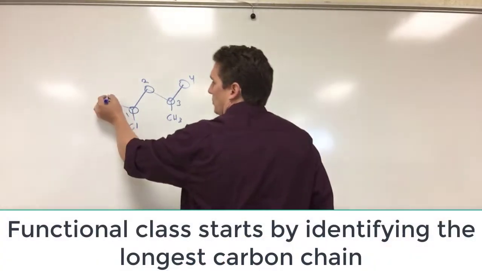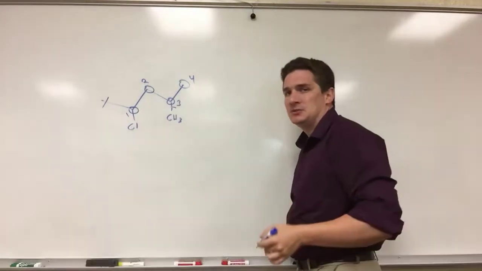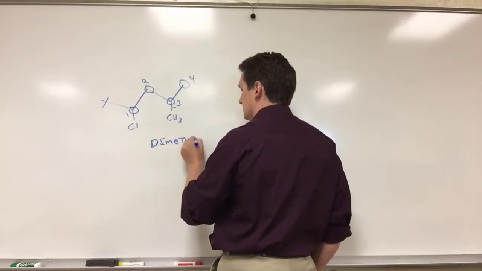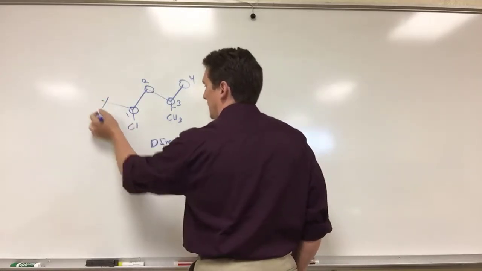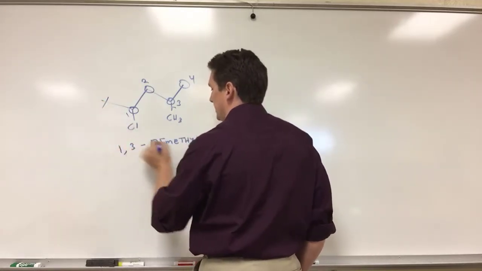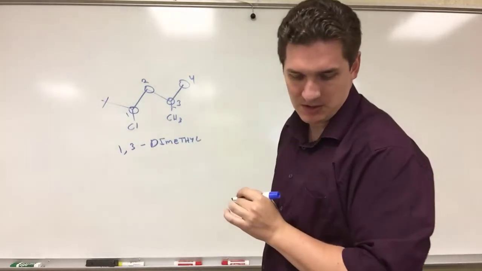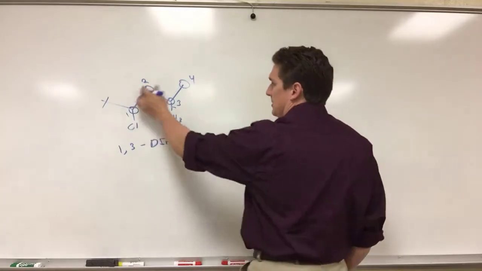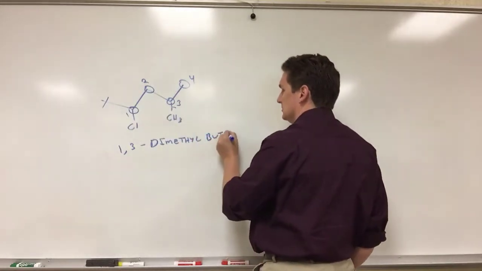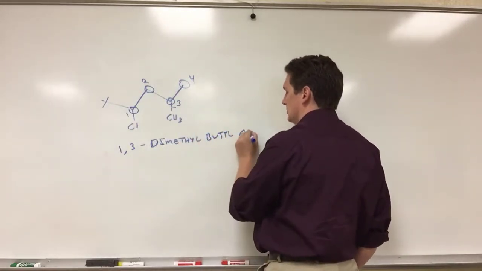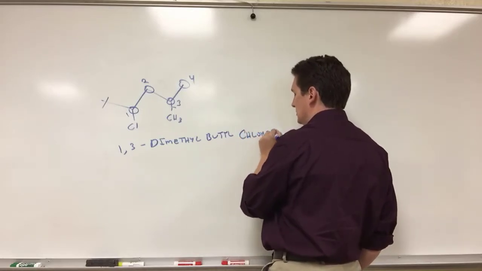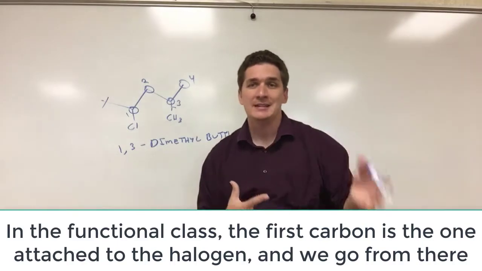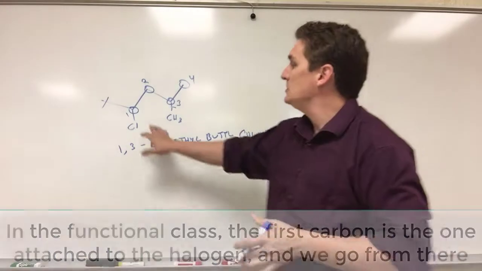So, like any carbon chain, we're going to name the functional group. So we have a dimethyl, and we're going to have, in this case, 1,3-dimethyl, just making sure. Name of the long chain, butyl chloride. So this is the functional class naming, and in the functional class naming we use the halogen to designate